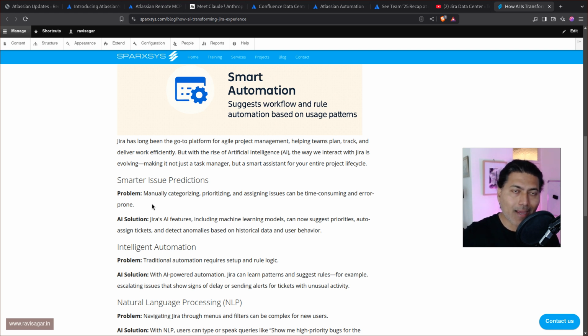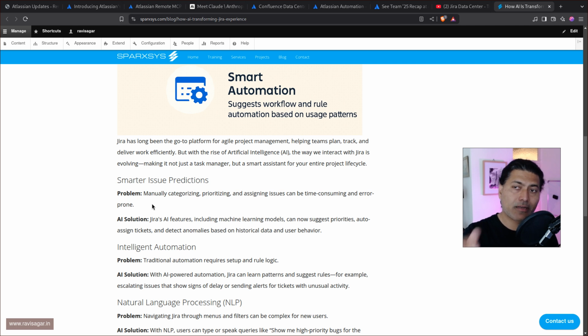So when you eliminate the manual intervention from this with the help of AI, of course, you're saving time, but at the same time, you're also making your life easy, especially your agent's life easy, because it can be a bit frustrating. Imagine someone who is handling and triaging 50 tickets in a day. Although it may seem like a simple thing, they just have to go through the ticket and set the priority. But